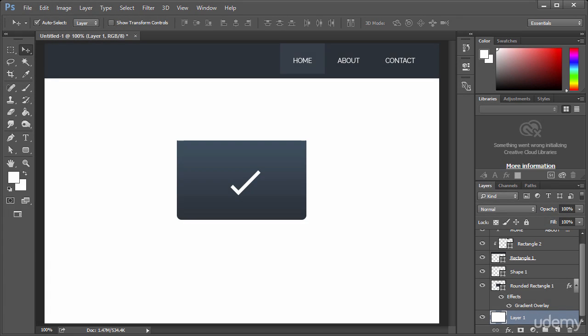All right, hello and welcome to this lesson where we're going to take a look at how to export our assets after we have our design. We're already ready to be implemented. So this process really doesn't differ, depending if this is a website mockup that you've designed or a GUI for